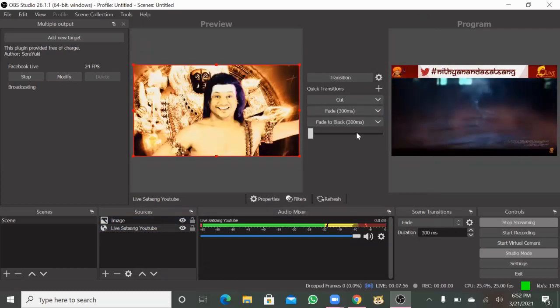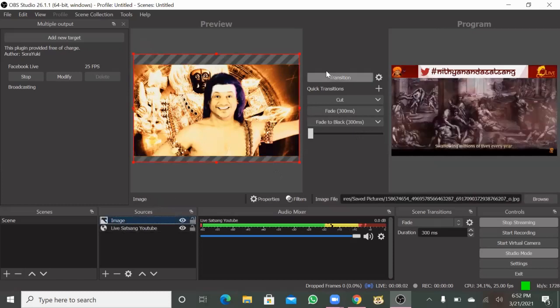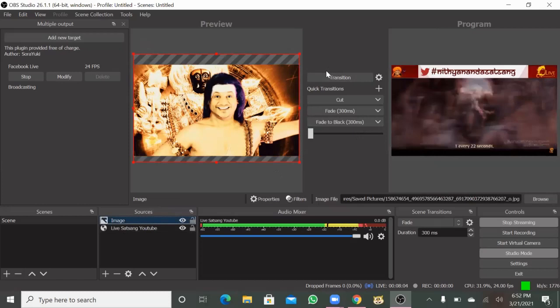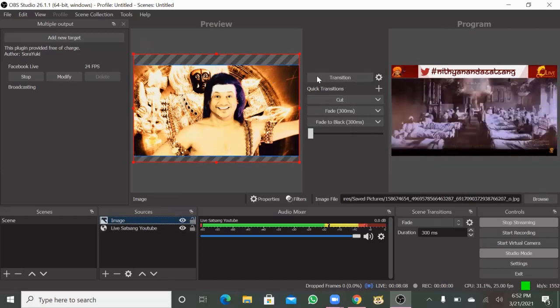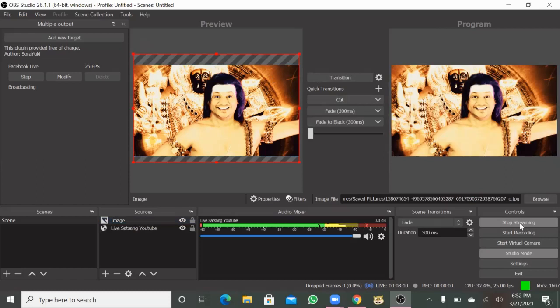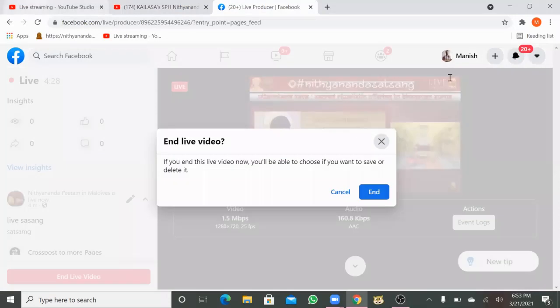And whenever the live video has ended, you probably should be ready to switch over with this image showing in front. Otherwise, YouTube will start showing the recommended video thumbnails on the browser. So when the live video ends, just transition over with the image, and then you can stop the streaming here. This is for YouTube. And it will take a few seconds to stop, and then you can stop the streaming here for Facebook. And then go to the browser and manually stop it on your Facebook page and YouTube channel as well.